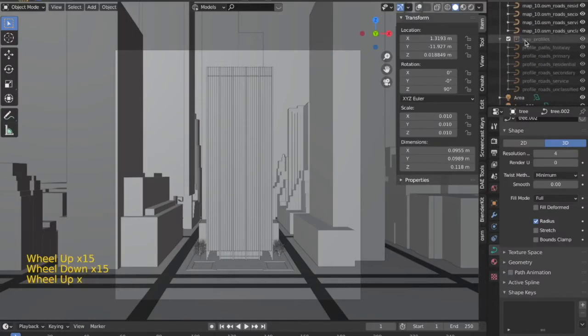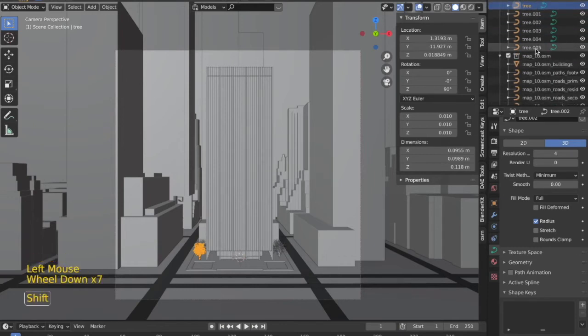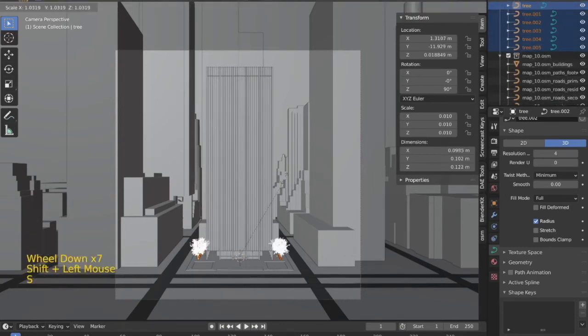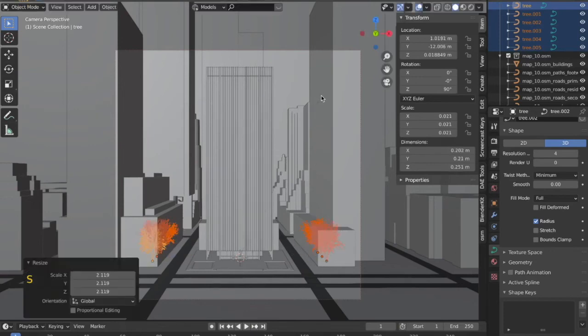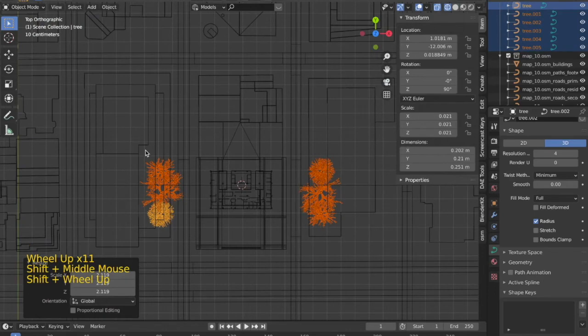At this point you can see that we have set up the camera and everything looks good, but over here you can see that the trees are not looking up to the scale or are not making an impression on the render. So for that, what we are going to do is we'll select all the trees and scale them according to what looks good for the scene.